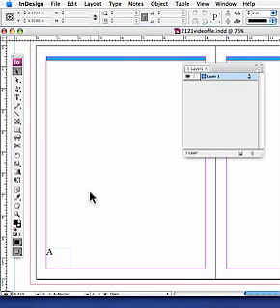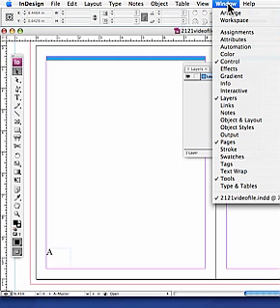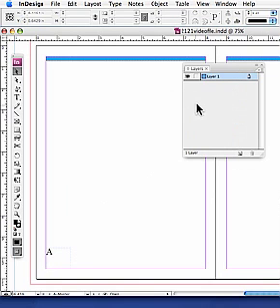Alright, what we want to talk about here is the Layers palette. You can access the Layers palette from under Window in the main menu, or of course you can go over to the far right of your screen and pull it over from the palettes that are there on that side of the screen. But at any rate, you always start out with one layer, and just think of the layers as a deck of cards, and each card is transparent, so that we can have any number of layers, and